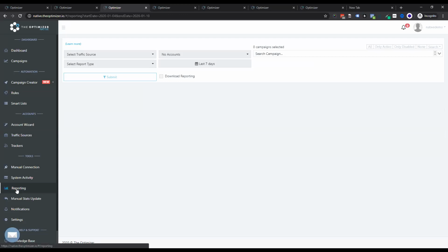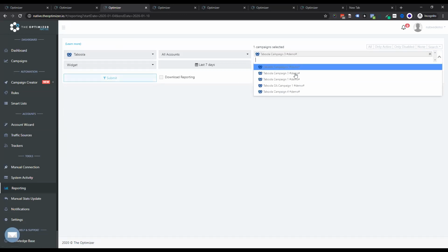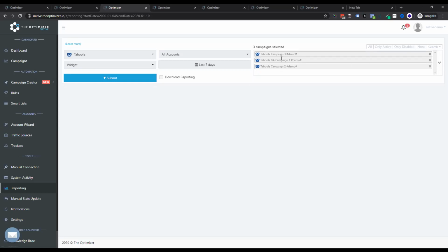One other feature that I would encourage you to use, especially if you are using whitelist campaigns, is to check the reporting for all the campaigns that you have on the optimizer, because you can easily get a list of all top performing publishers from all the accounts on the widget level, or top performing ads for all the campaigns that you specify on here. So you can pick the campaigns that you want to get the reports from, or get all the campaigns and go over as long as the last 6 months of reporting or any custom range